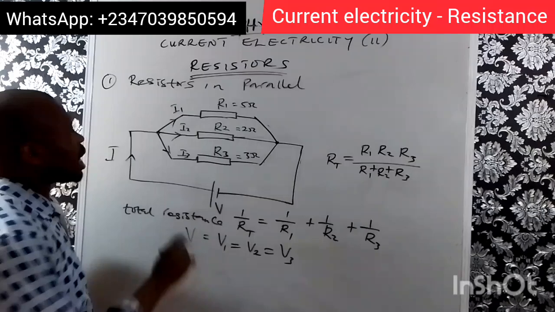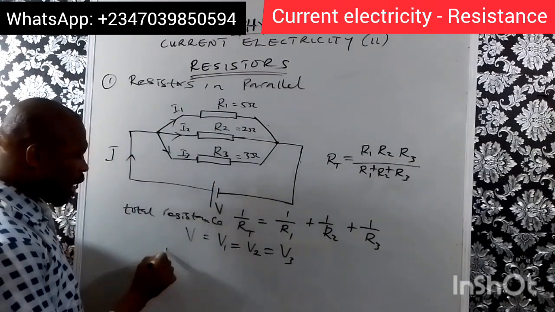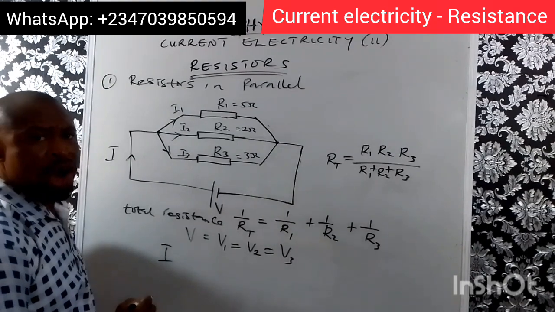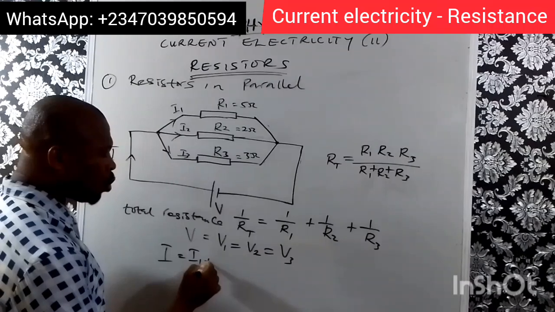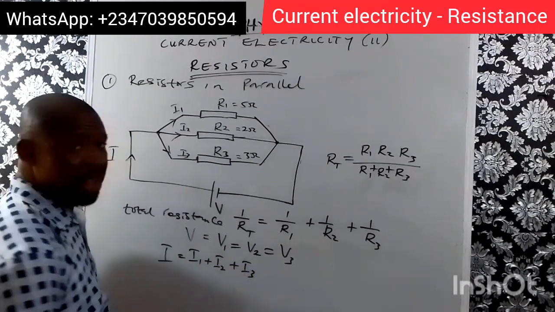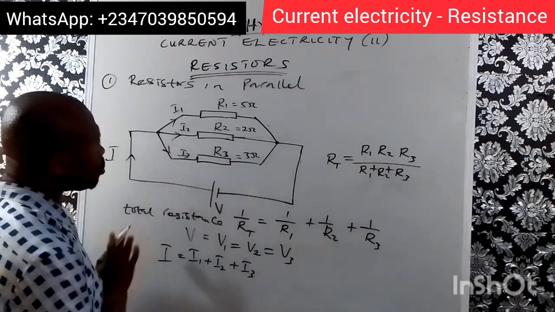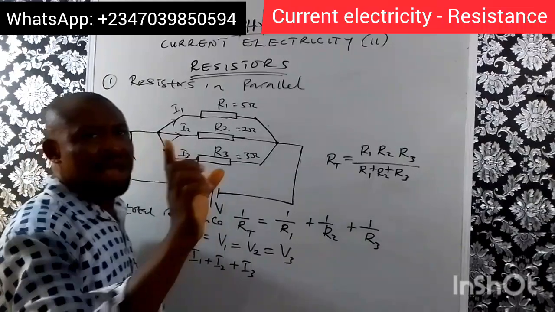But at the end of the day, by the time you add 1, 2, 3, it will give you this. Therefore, we now have that the total current in the circuit will give us I1 plus I2 plus I3. Okay. The third thing I want us to note here is that by the time you